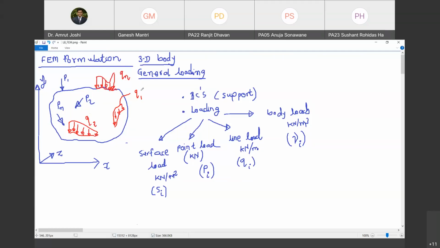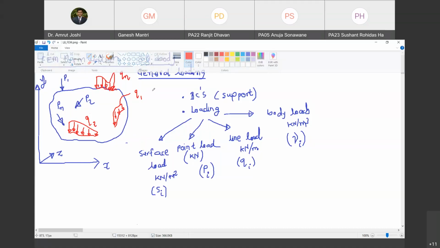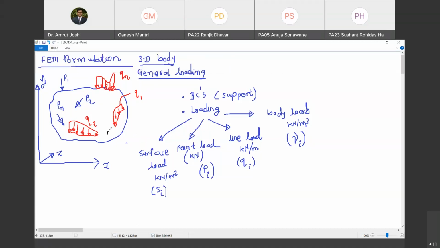Are you with me? Yes, sir. Okay. Now, so you have a line load, you have surface, so we have shown point load. Now let us show surface load by another color. So surface load I am going to show in black. So let us say this is the surface